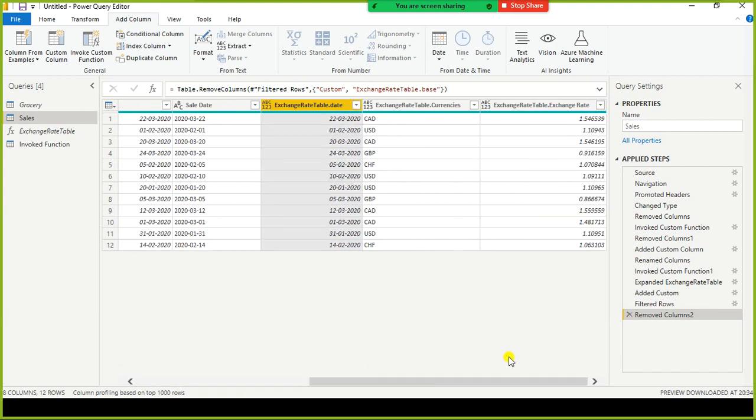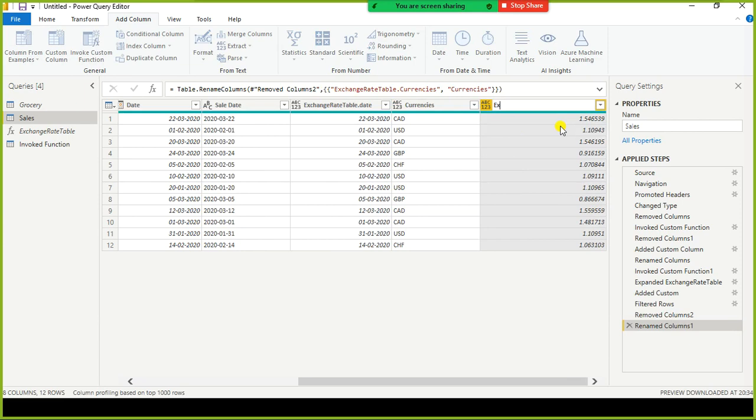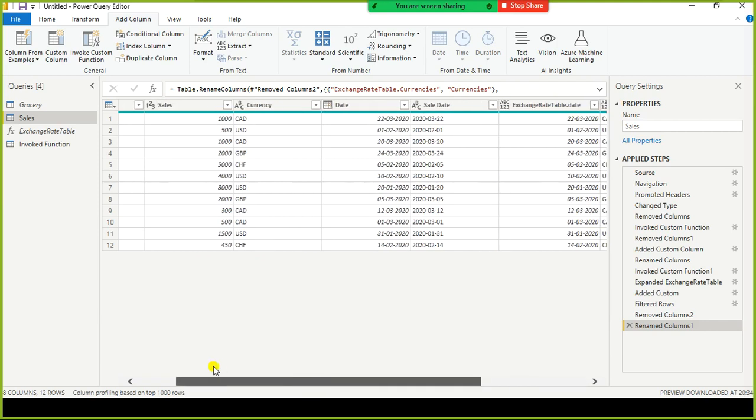Even this one is also not required at this moment. We got the exchange rate. This is what is important. Anyhow, let it be there. And what I'm going to do is I rename the column currencies. This is exchange rate. This exchange rate is with respect to the sale date and with respect to this, matching with this dollar,